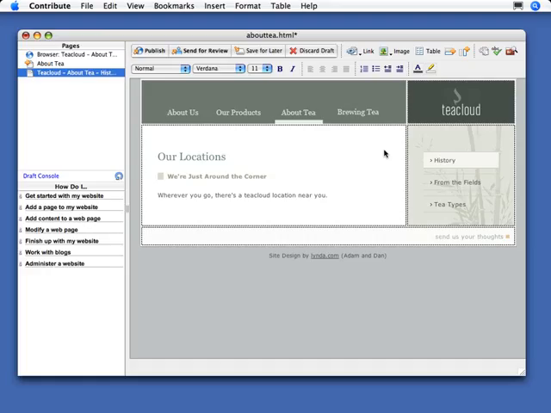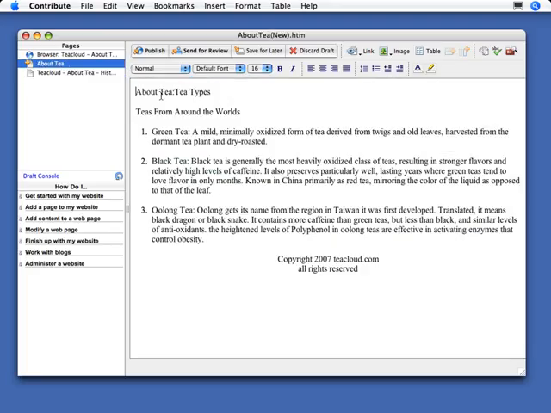Now, as a Contribute user, you don't have the ability to create external style sheets that affect multiple pages at once, but you can create internal styles for the page you're currently working on. And we actually did this in the previous movie, but I just didn't point it out at the time. I'm going to switch over to the plain text file that I was working with in the previous movie, and